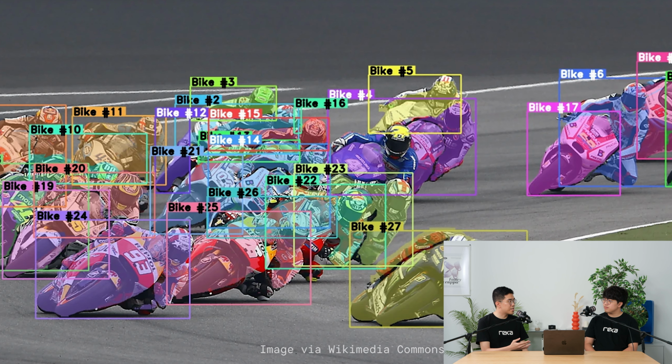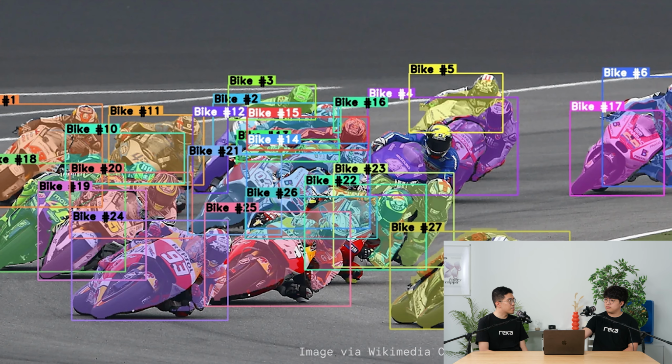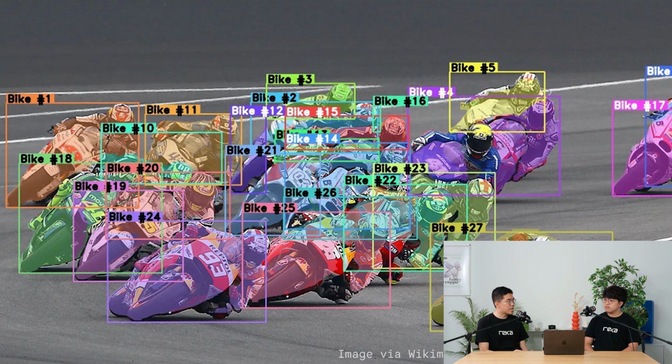Great. This sounds really helpful for race analysts. Could you walk me through how the model watches the race? How does it understand the bikes, the riders, and track them? Oh, sure. So I would say there are two levels of precision. The first level is what I call the bounding box level. It's like when you type a prompt, such as detect red car, into Reka Edge, and it will give you a box for every red car.